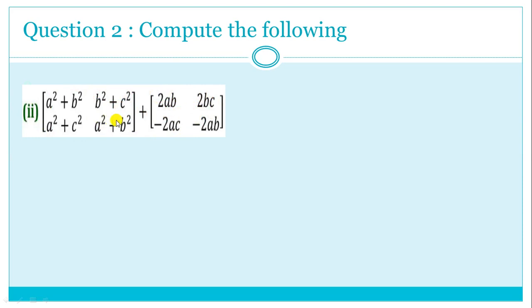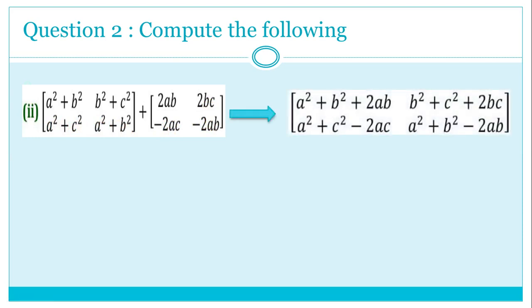Since the order of both matrices is the same, we can easily add them, and during the addition we have to add the corresponding elements. So suppose this matrix is A and this matrix is B, then A11 will be added with B11, A12 will be added with B12, and similarly A21 will be added with B21, and A22 will be added with B22. Alright, so this is what the process looks like.